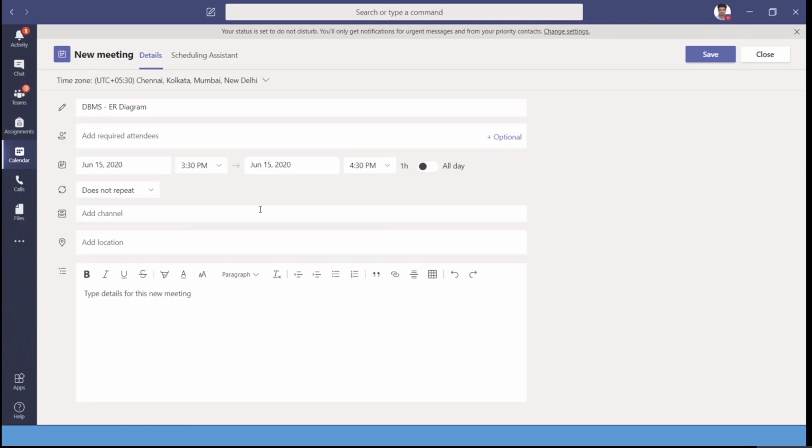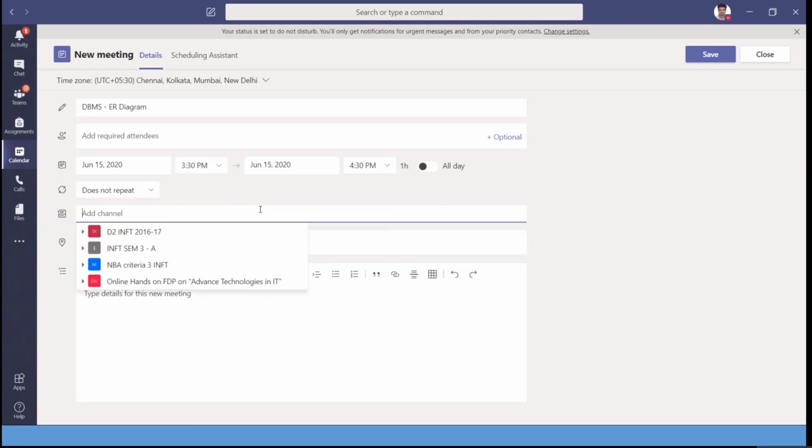The next field is the most important field here. Here, we need to add the channel which we want to associate the lecture with. So if you recall, we had created a channel for the DBMS subject. So inside my INFT SEM3 Division A team, I have a channel called DBMS.